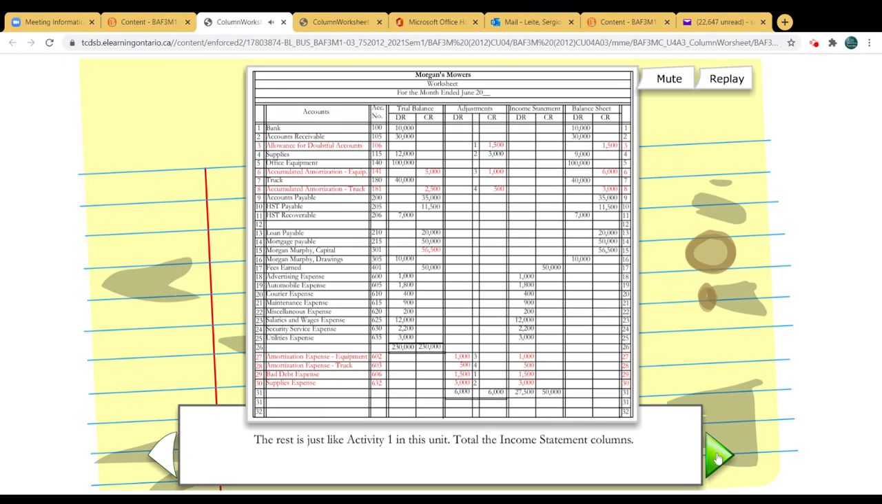The rest is just like activity 1 in this unit. Total the income statement columns, place the difference on the lower side, balance the income statement, total the balance sheet columns. Again, here we place the net income